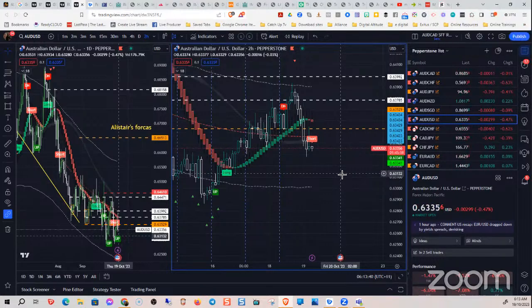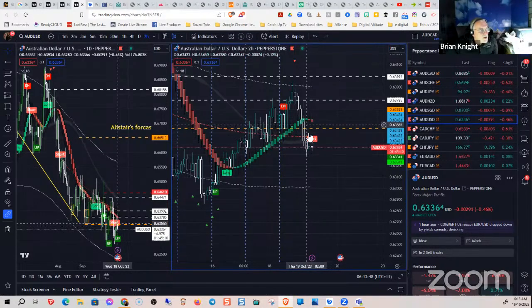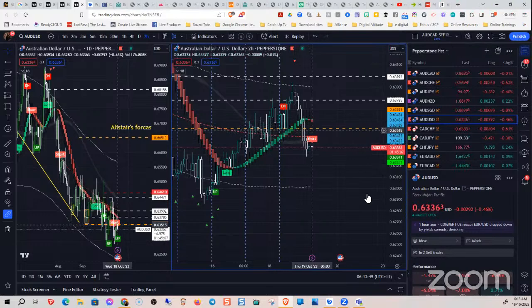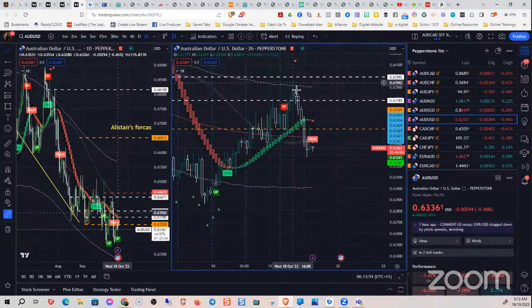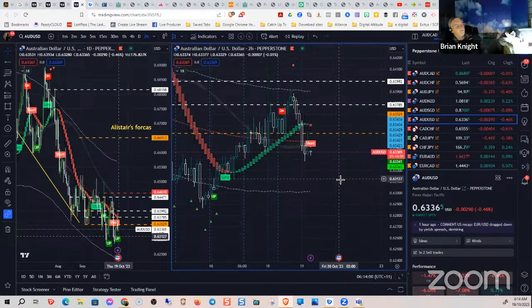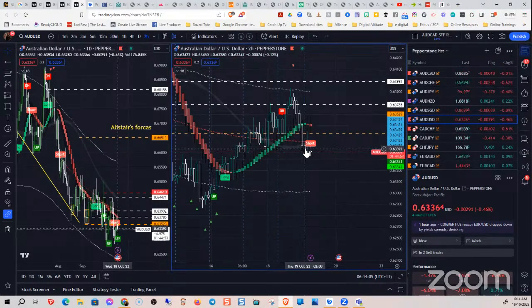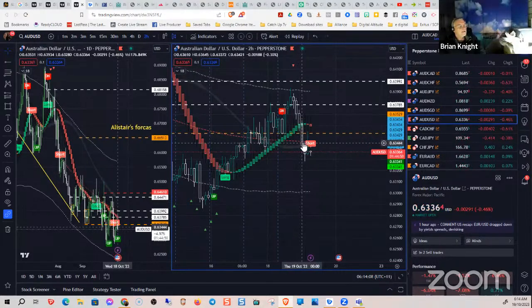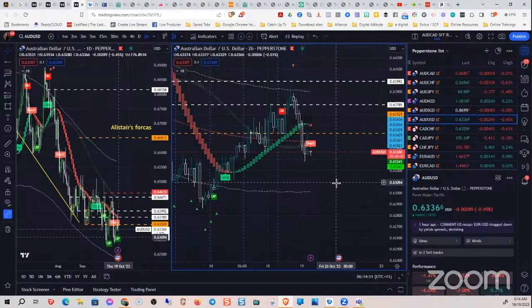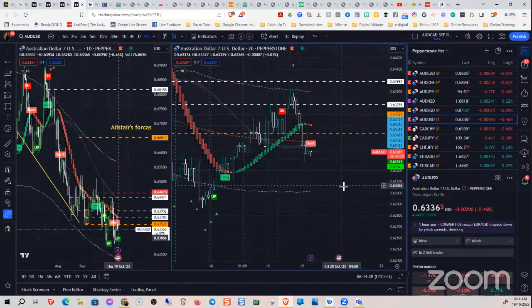If it was going to bounce off this green one and go back up, I'd just get out of it. But it traveled further than I thought. Did you wait till you saw this green one push up, and then got out? Yes. But I got out at the top of that white candle when it broke with the wick. See the candle next to it? You mean here? When that pushed up and broke that wick, I waited. It came back down, and then I got out. But now that's the target to pull back. Correct, because it just ate up all that fair value gap imbalance.